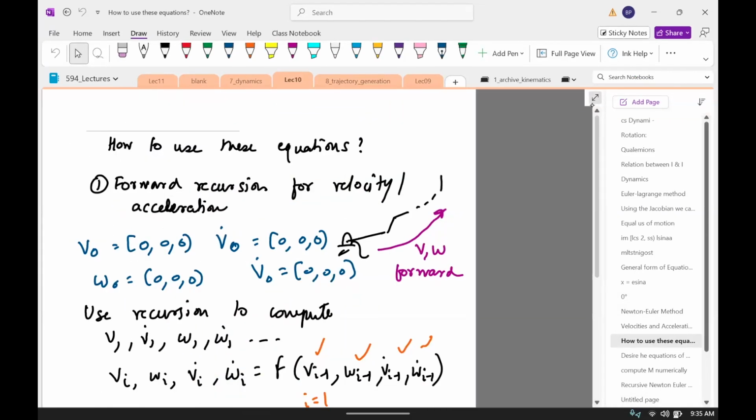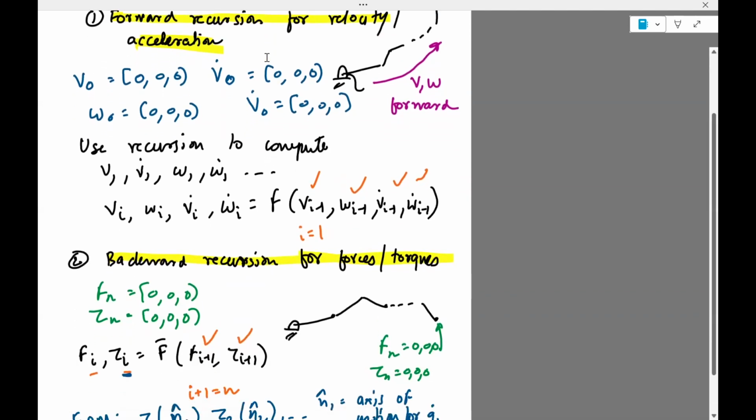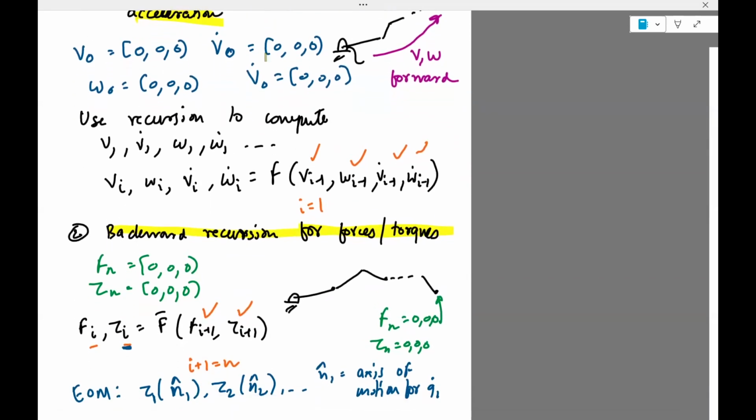Well, you have to do 2 recursions, a forward recursion for velocity and acceleration. So you start from the base link, which has 0 speed, 0 acceleration, and then you go forward, propagating using the equation in the forward direction to get the velocities and angular velocities of all links. Once you get that, you need to go through a backward recursion for forces and torque. Start with the last link. You set the forces on the last link to 0, and you work your way backwards to get the forces and torques